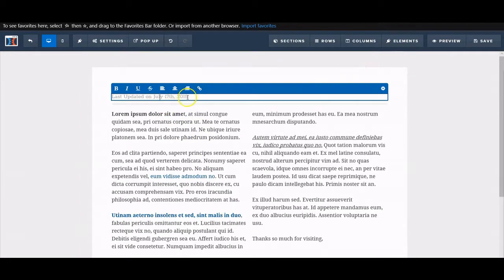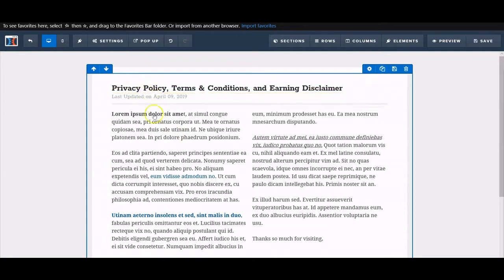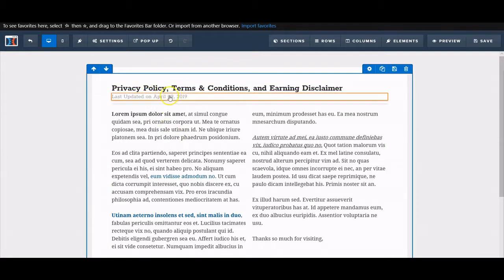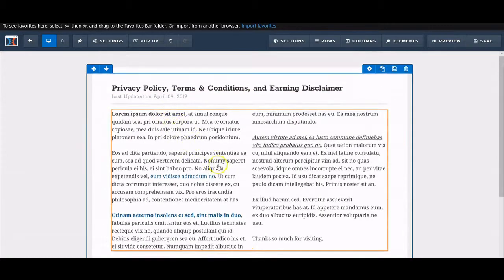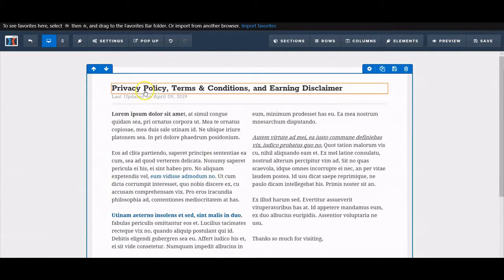And make sure to change the update date to something more recent. So the date's April 9th, so we're going to do April 09, 2019, current date. As long as it's recent, it's not a big deal. You don't have to update this all the time, but you do want to keep this updated. Go in, revisit it. Even if you don't change anything, at least try to keep this